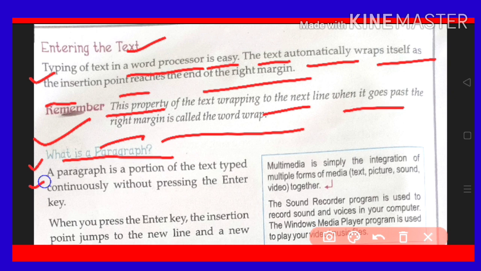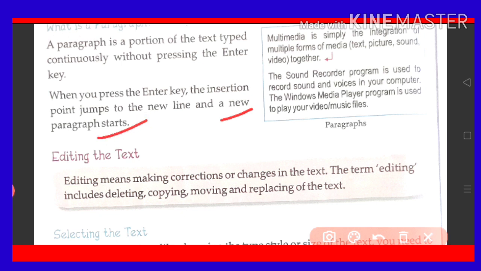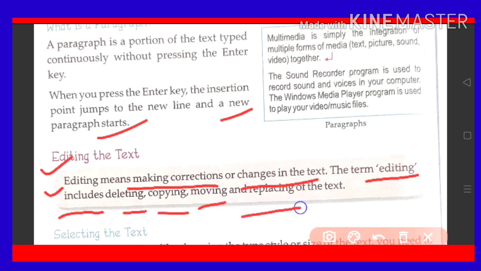A paragraph is a portion of text typed continuously without pressing the Enter key. When you press the Enter key, the insertion point jumps to a new line and a new paragraph starts. Editing the text. Editing means making corrections or changes in the text. The term editing includes deleting, copying, moving and replacing of the text.